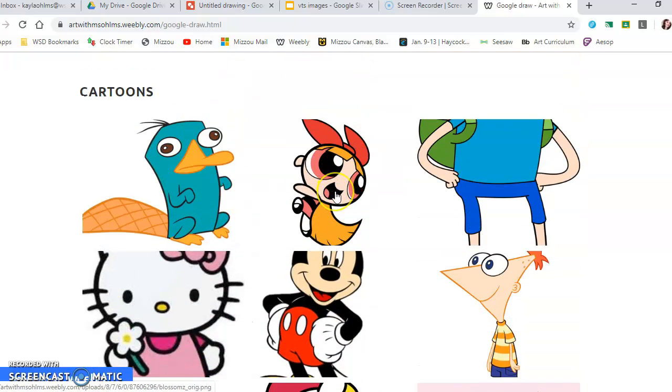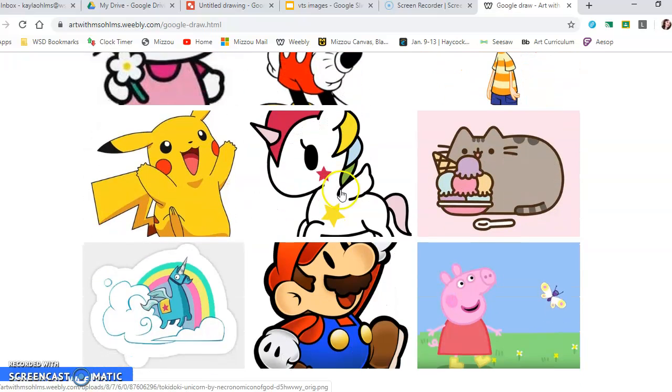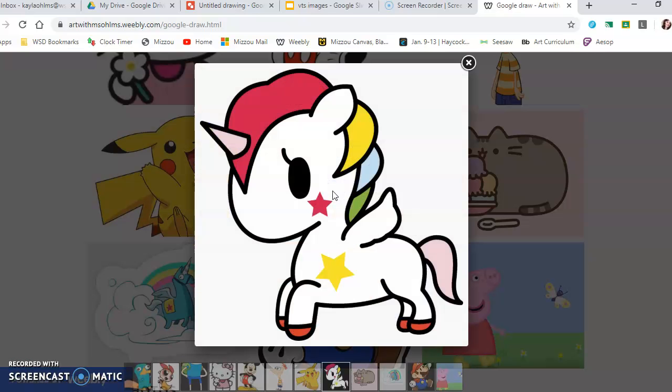If you have your own ideas, please let me know, but I need to approve the picture and make sure it's going to be easy enough before we get started, but also that it's going to have enough color change that it's challenging enough. I'm going to pick this picture right here, and this is what I'm going to use